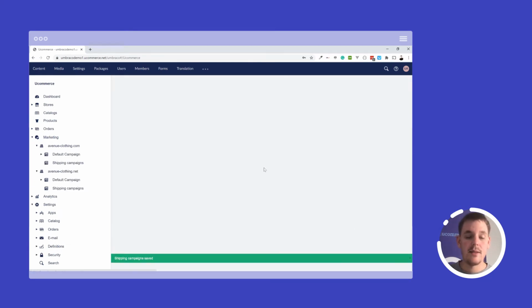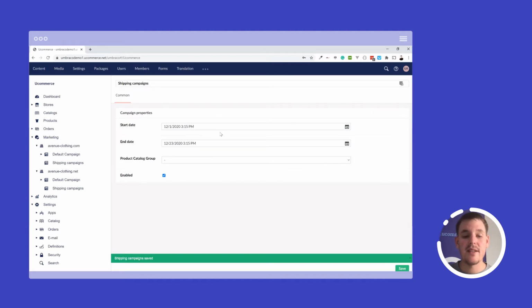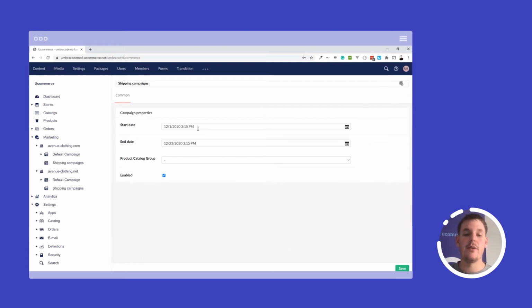In this case, the campaign that I create has actually nothing to do with the actual triggering of the discounts. This is just a group of campaign items that I want to create, and a campaign item is the rule that contains the actual value. So right now I just have a running campaign without anything in it. That's what we need to configure now by creating additional campaign items that define the rules.